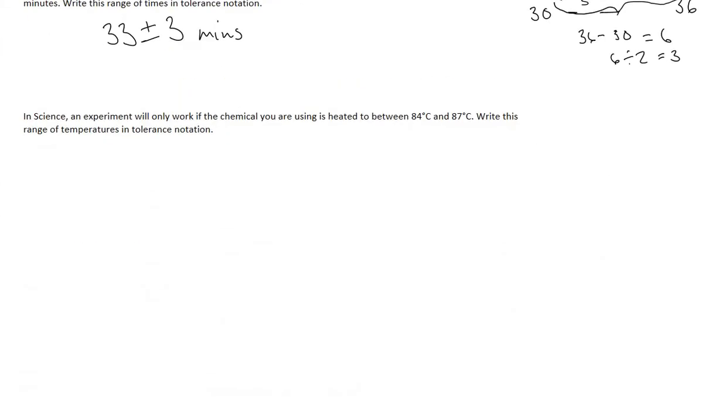Okay, there's another method you can use that I'm going to show you that's more of a formula approach. So in science, an experiment will only work if the chemical you're using is heated between 84 and 87 degrees C. Write this range of temperatures in tolerance notation. So there's a kind of formula to find the middle. Okay, so the formula for the middle,